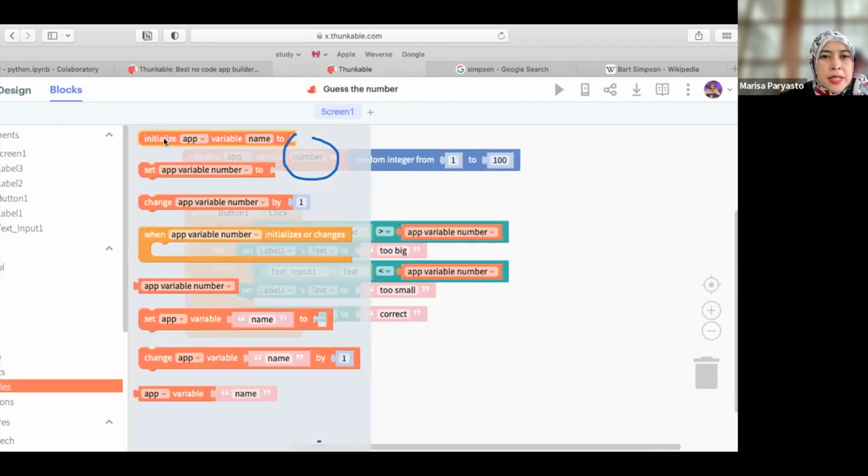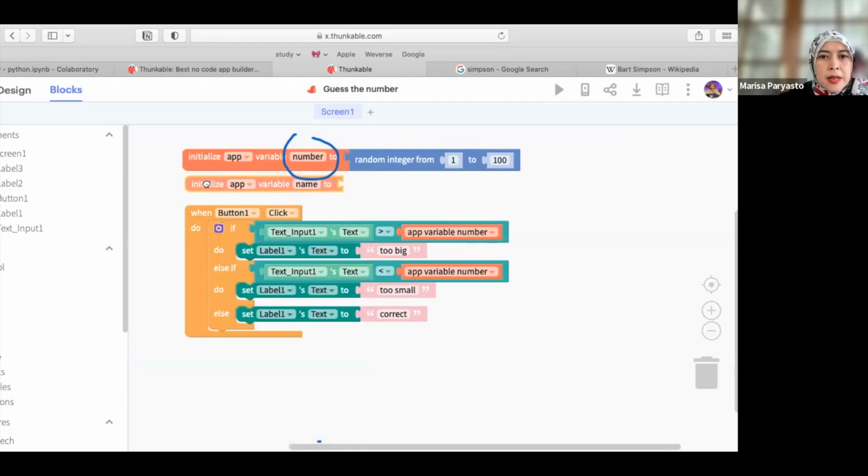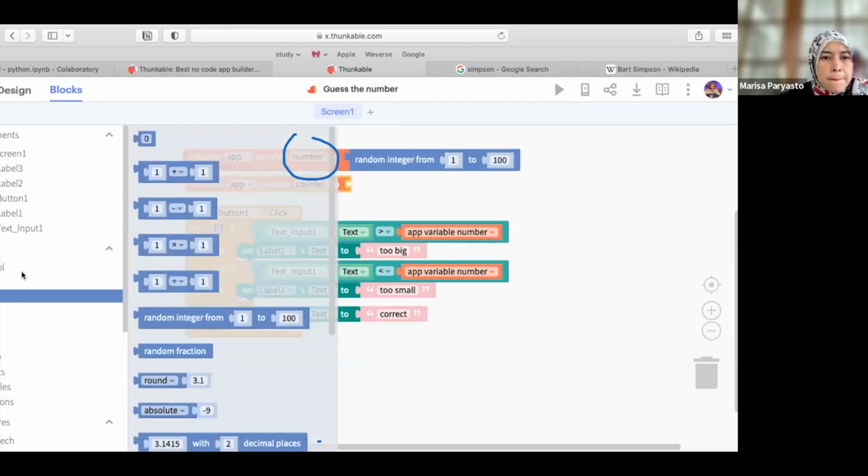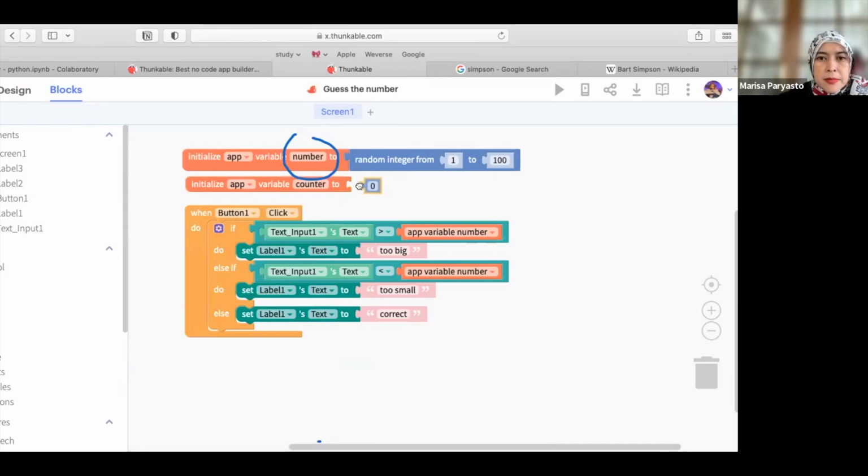Name is counter. We will set it as 0. Because the first time we don't have a counter already, right? Okay. So now each time the user does the guess, we have to